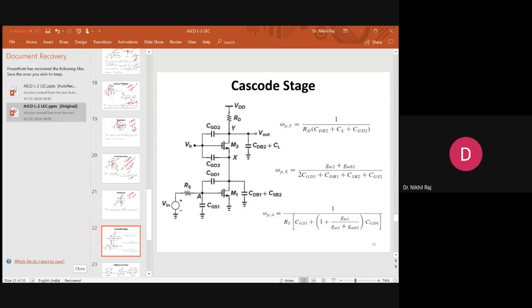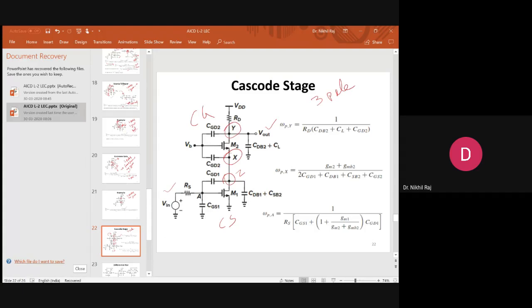Now we move to the multi-stage. So multi-stage will go for cascode. Now cascode, what is cascode? Common source with a common gate. So this is your common source amplifier, this is your common gate amplifier. Now here we'll assume how many poles and zeros. So where is my output? Output is here and input is here. Between input and output, how many nodes are there? Node y, node x, and this is node z. Okay, so three nodes are there and three capacitances will be there, so we will have three poles here.